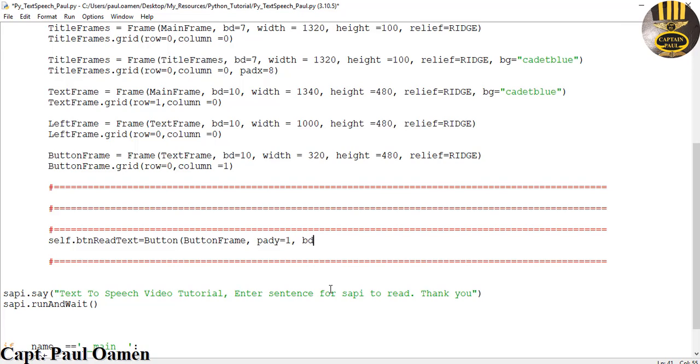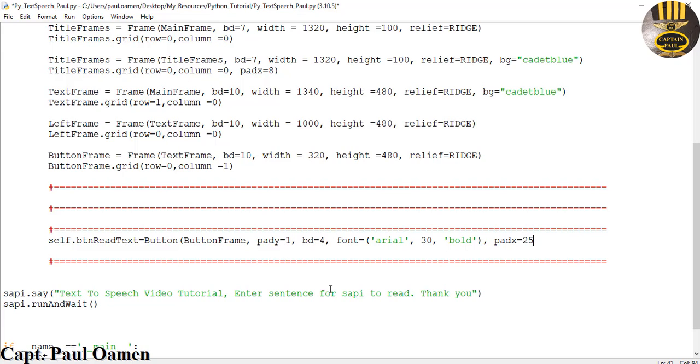BD, that will be 4. And I'm going to change the font. The font will be equals Arial and it's going to be about 30 comma, and that's going to be bold. Right, close that comma, then